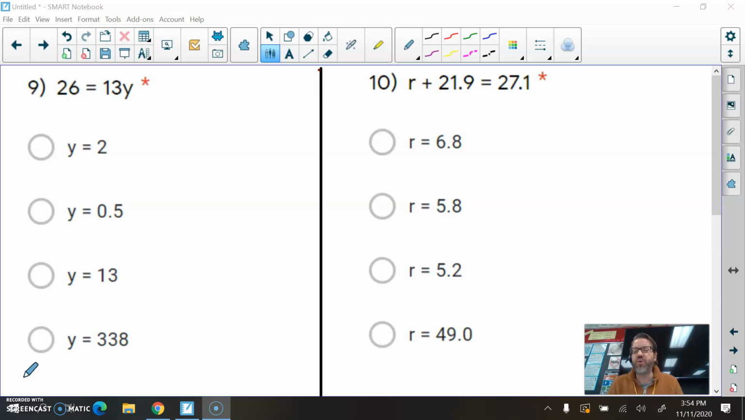Now remember, 13y doesn't have an operation symbol in it, but we know in algebra whenever we have a number in front of a variable, multiplication is what's being shown. That's 13 times y equals 26. So to undo that, I have to divide by 13. I'm going to rewrite this. By the way, I could write 13y